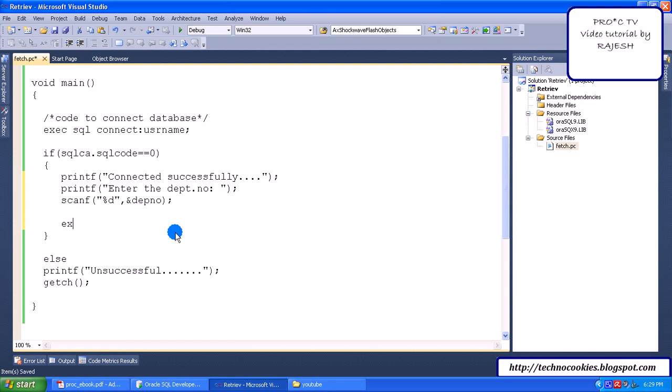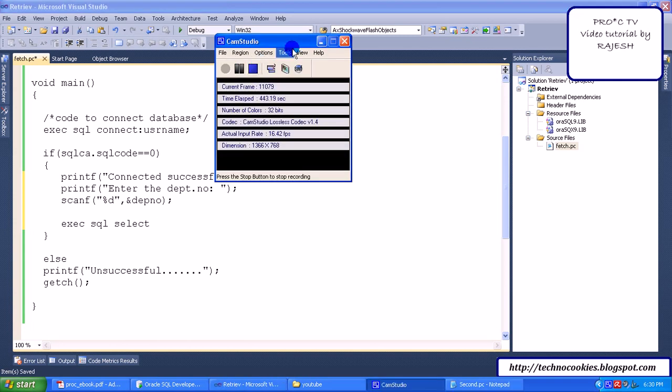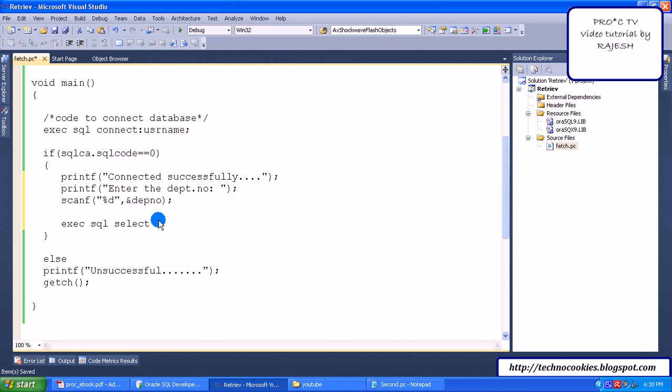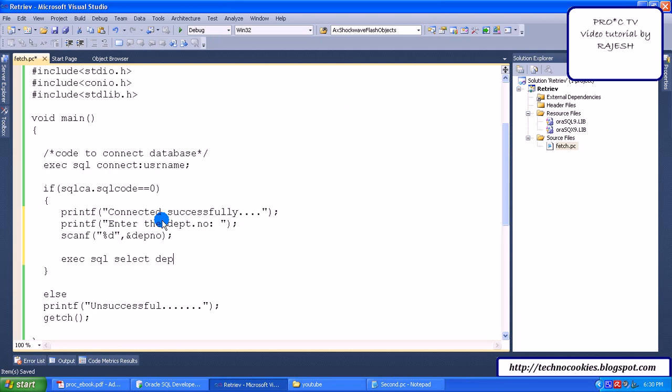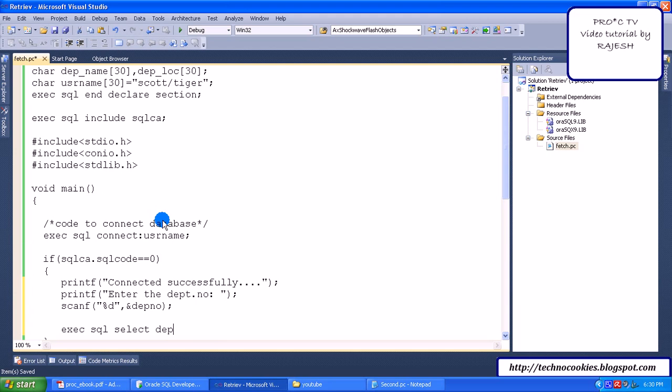So exec SQL select department name, department location into